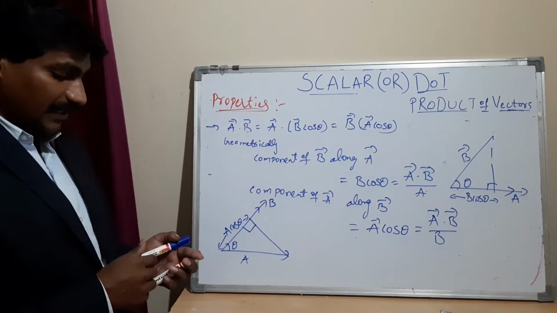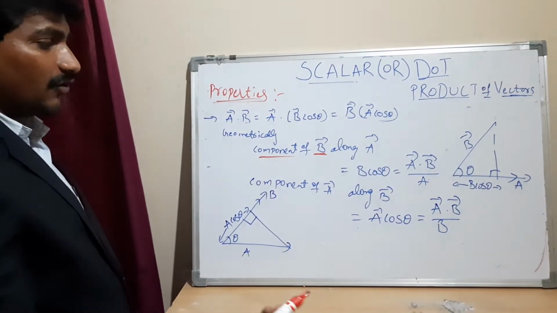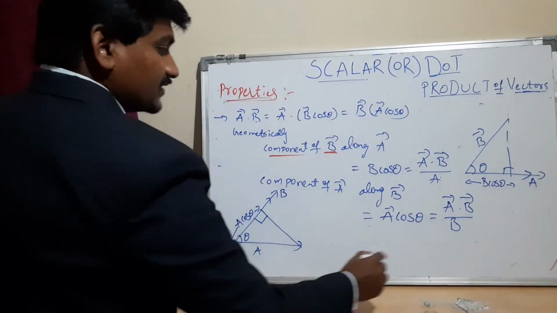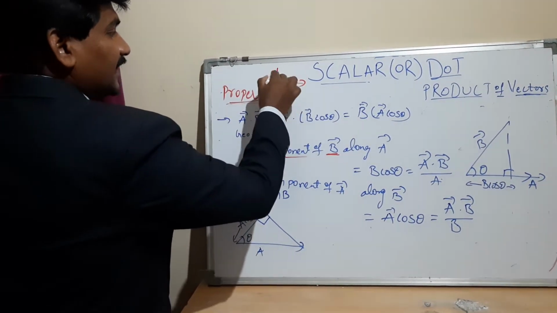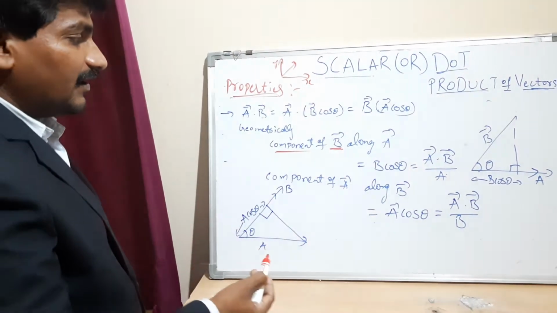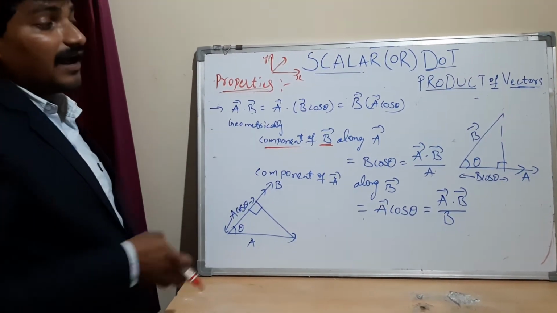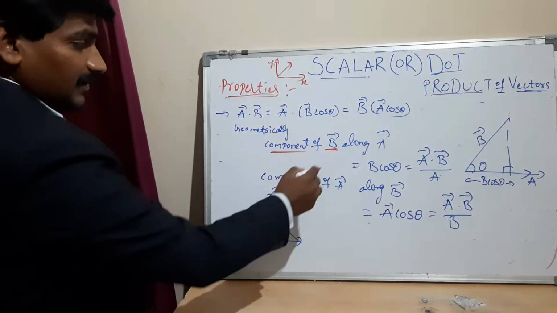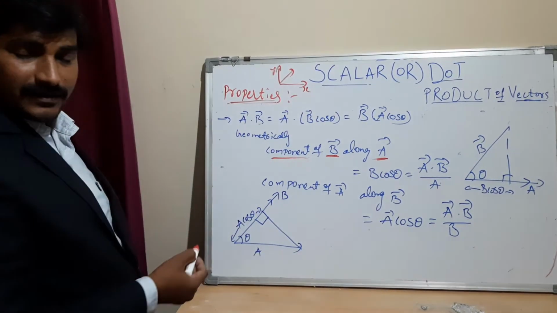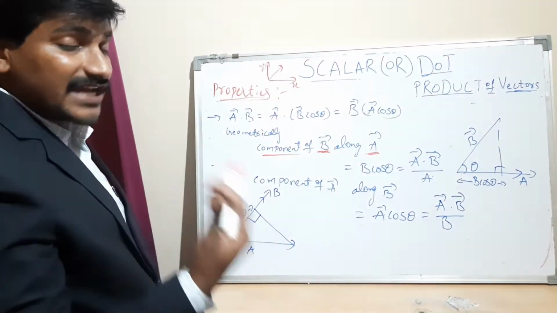Let me tell you geometrically the component of B. We have already studied the component in the resolving concept. In the resolving concept, if you see the component, let us say this is a vector, this is the X component and this is the Y component, as we have studied. Same way here, the component of any vector is directed in another direction. That is how we will represent it. The component of the B vector along A means the component of B, which is B cos theta. In which direction is it projecting?